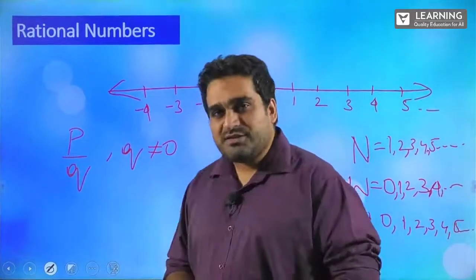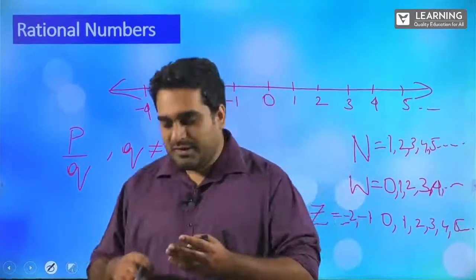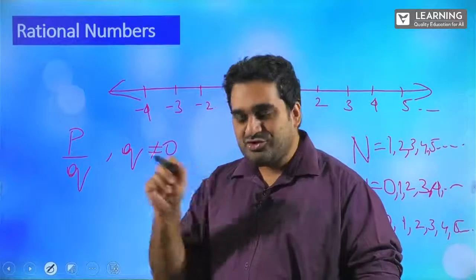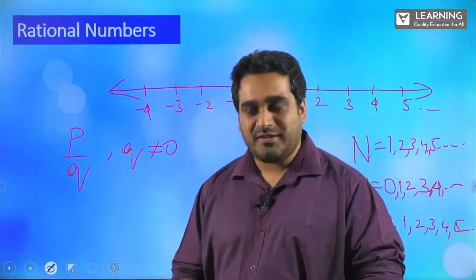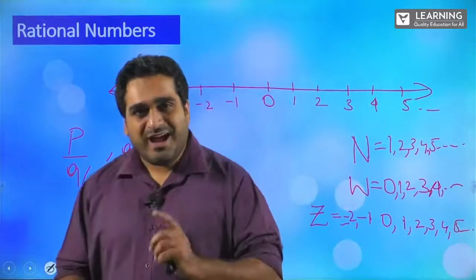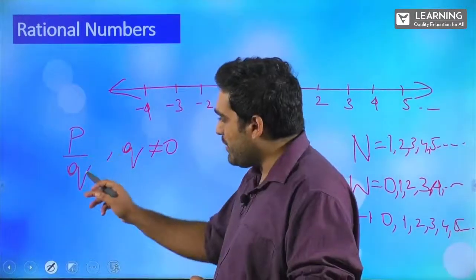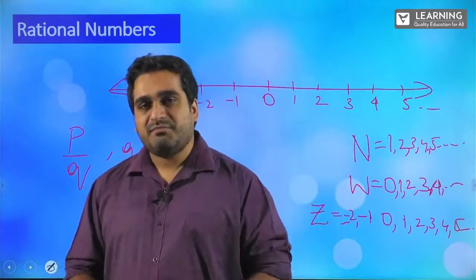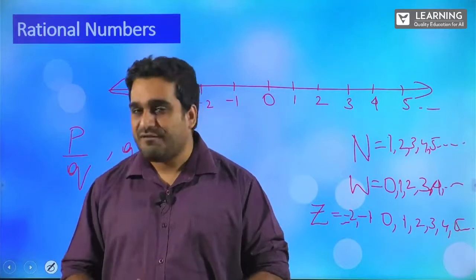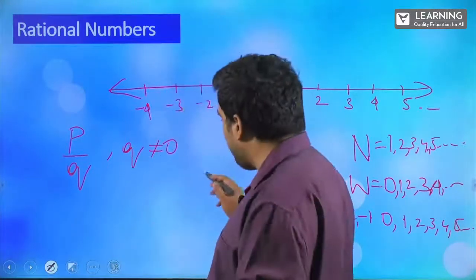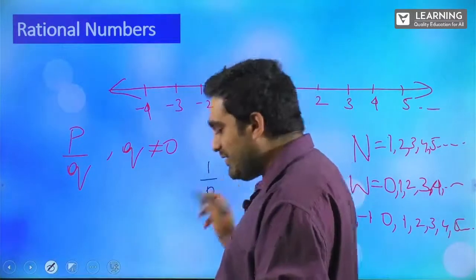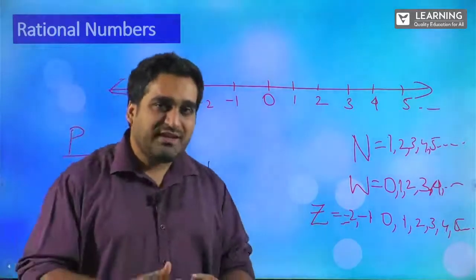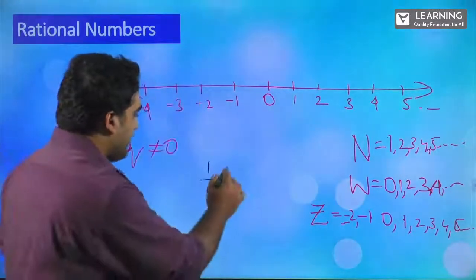Now, you may also try this in your calculator. Just type in a number and divide it by 0. What you obtain there is an error. It shows you the letter E in the corner of the calculator. So why does an error occur when you divide a number by 0? That is because any number that is divided by 0 is actually not defined. So any number, let's say 1 by 0, is not defined. It really makes no sense dividing any number by 0. So we just say not